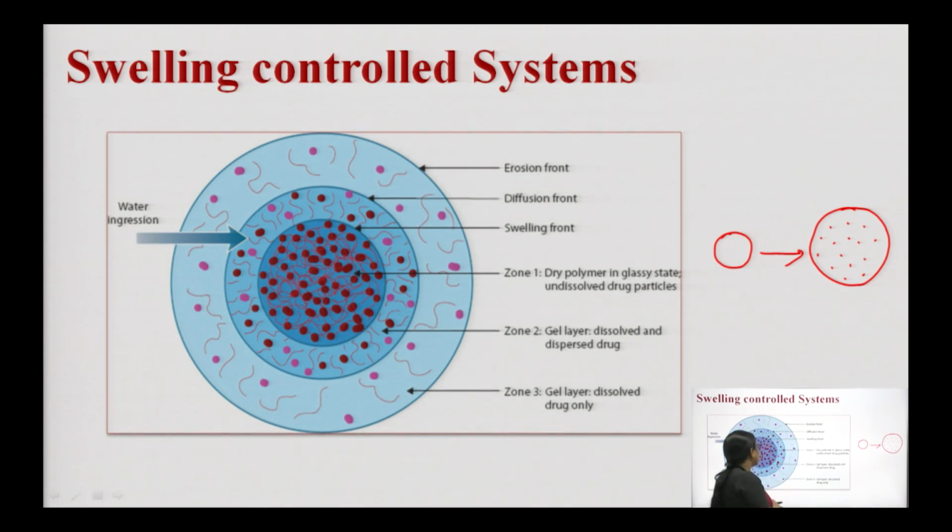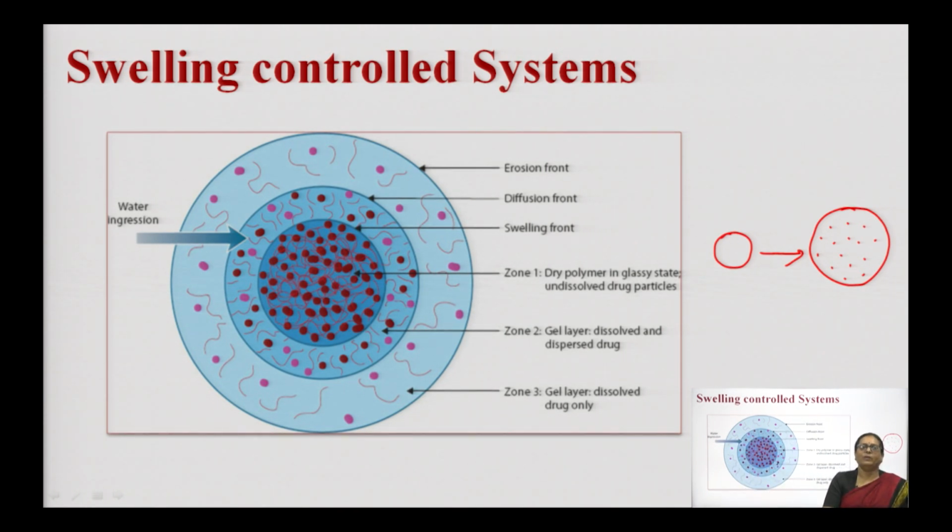The dispersed drug particles are shown with the help of red dots, and the pink color indicates the drug which has dissolved in this. Then the outermost zone, which is the gel layer, is the dissolved drug layer. Basically, the drug is in solution state in this layer,